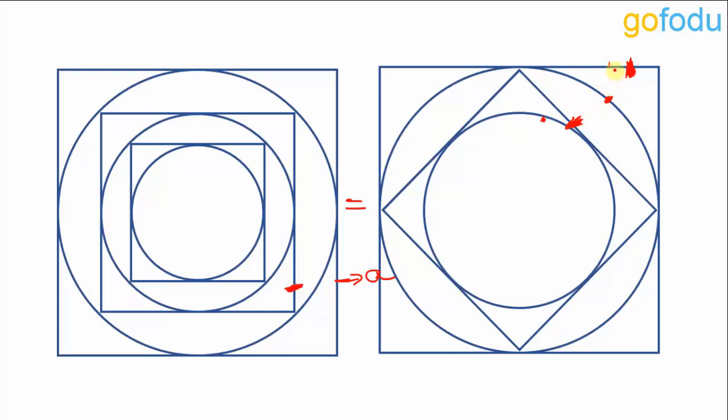Why? Treat this outer square and this outer circle as one unit. This circle and this square are one unit, and this inner circle and this inner square are one unit. Now from going from outer unit to inner unit, we have 50% reduction in the area. See, this inner square's area is half of that of outer square. So in going from outer unit to inner unit, we have 50% reduction. Basically, we have zoomed out by 50%.